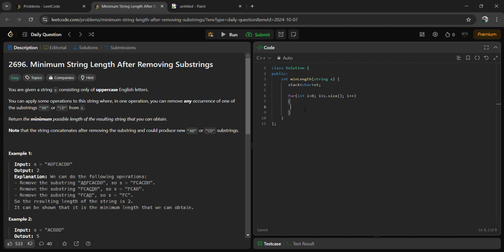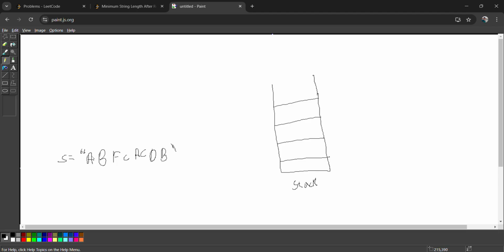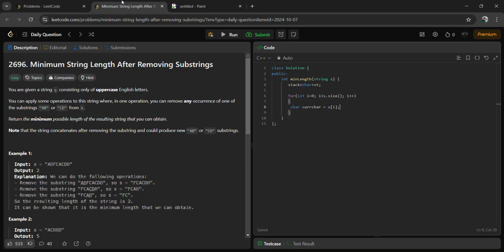Here we have to create a character, so char current character is equal to, where we store each character from the string, let's say s of i. While traversing, we store this A inside the character, and once we are storing this current character, we need to